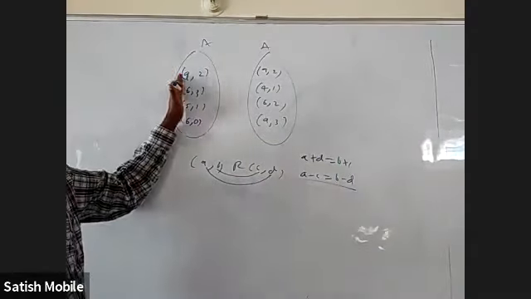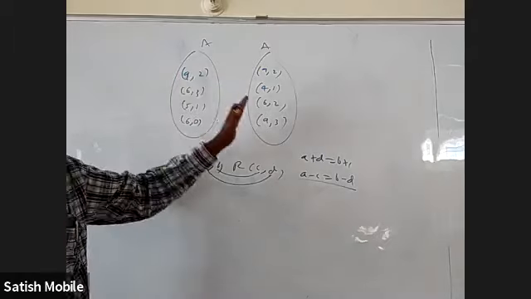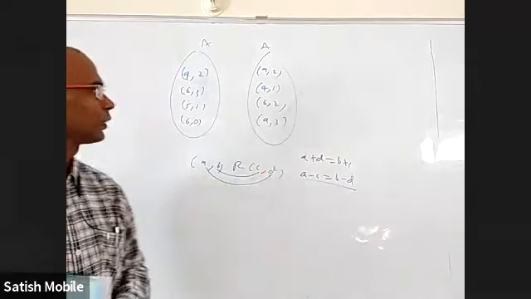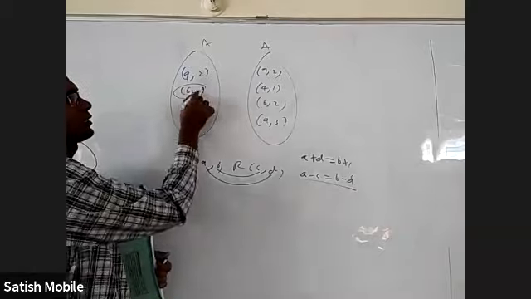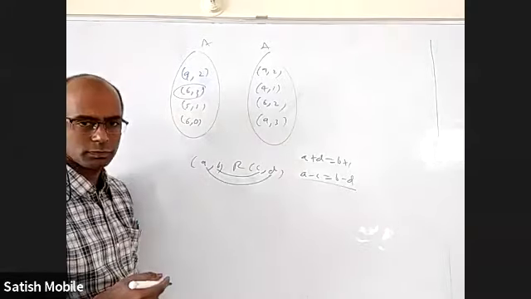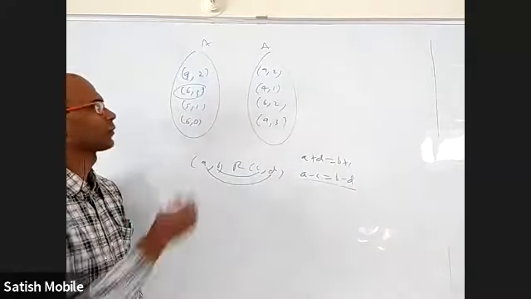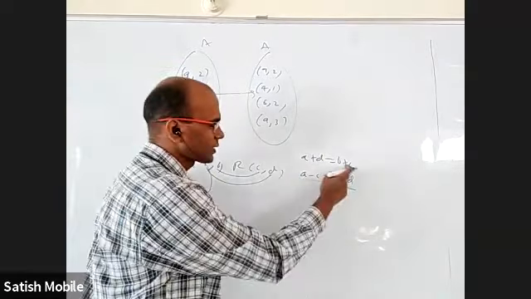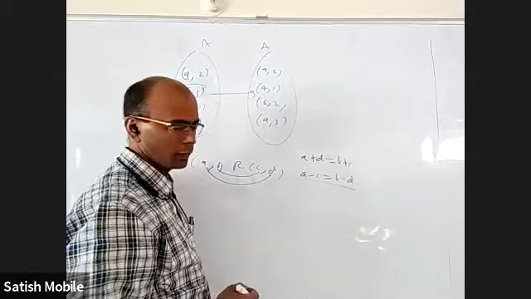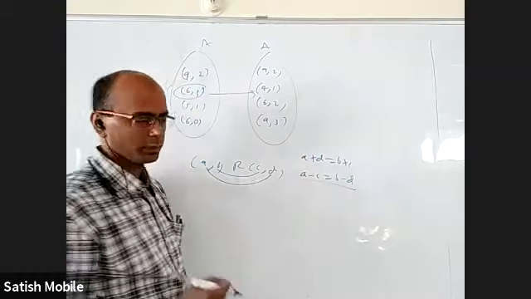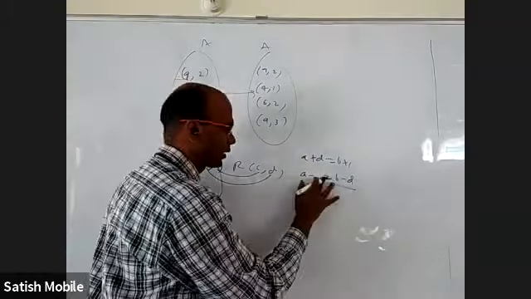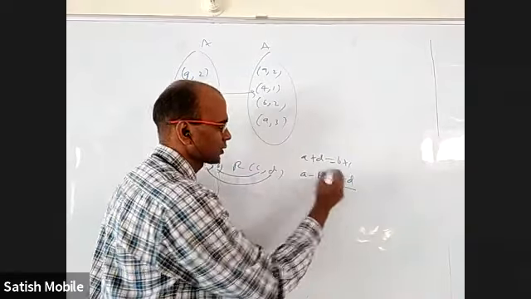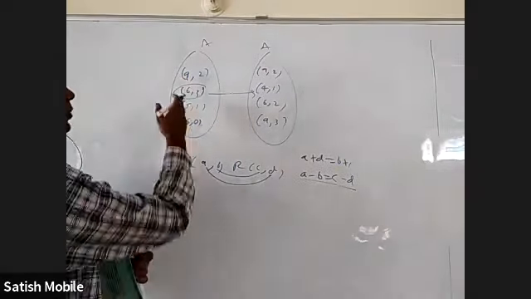That means in this, first number minus second number should be the same as in this, first number minus second number. So 6 minus 3 is 3. It will be connected to what here? 4 comma 1. A minus C is equal to B minus D. I sent B that side and C this side. Oh, it is B. Okay, sorry. A minus B is equal to C minus D. Thank you. Okay, first number minus second number.